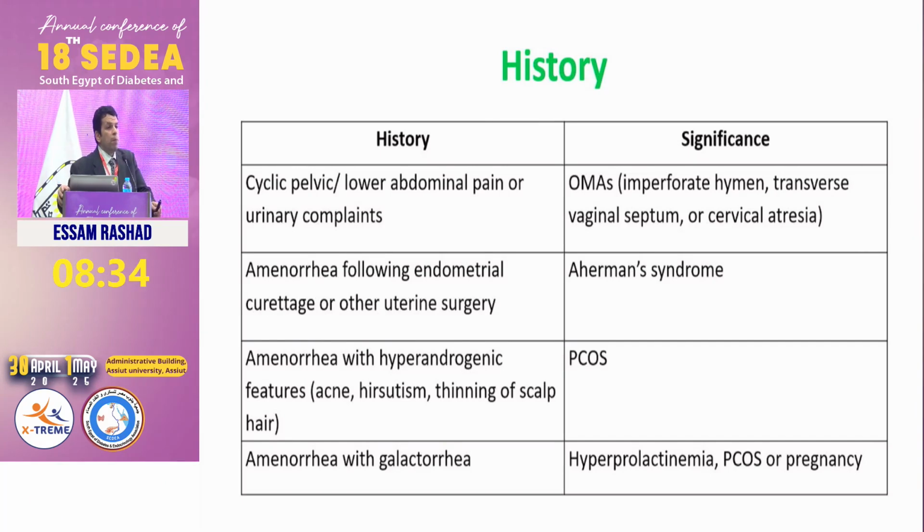So people jump to investigations. Let's measure the FSH. Let's measure the estrogen. Let's do the ultrasound. Let's do the MRI. But again, in medicine, and we have learned that very much in the Department of Medicine, you have taught us: start with history, then move to the physical examination, and finally you move to the investigation. This is the golden rule that I learned when I was a student, and Professor Lobna was teaching me at this time, by the way.